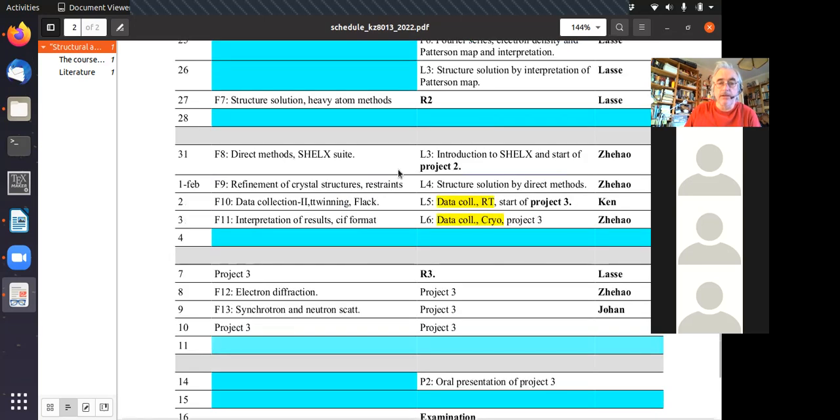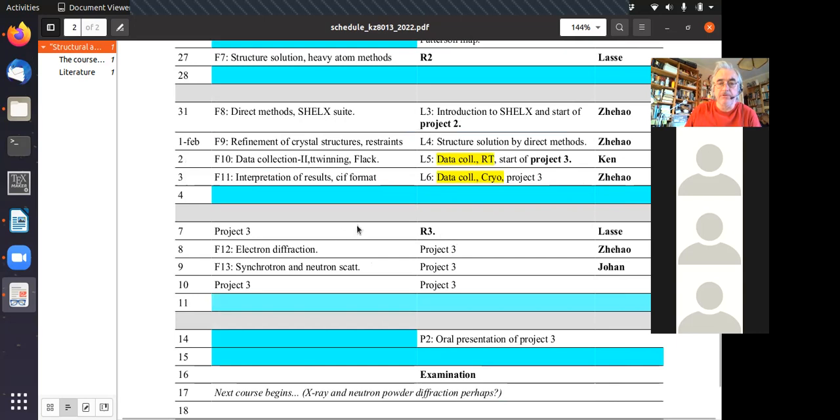Yeah, and then the course finishes with project 3, essentially. Then it's more or less 1.5 weeks or something like that. There are two lectures, and then the project 3 is